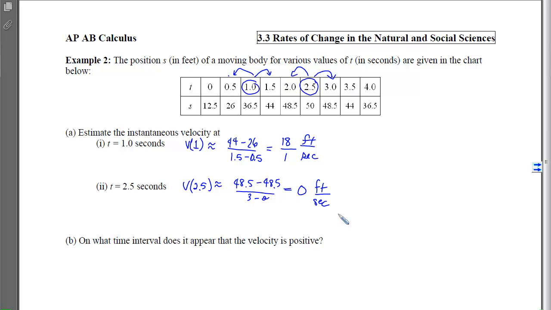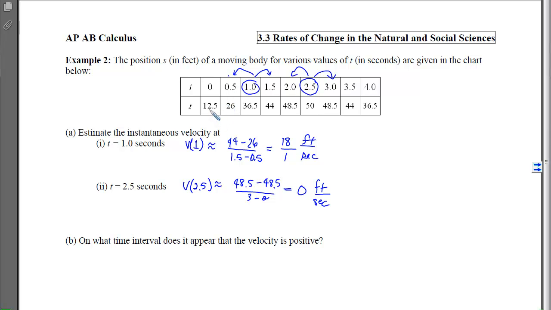Part B says, on what time interval does it appear that the velocity is positive? Well, the velocity will be positive when these slopes are positive. So when the y minus the y over the x minus the x gives us a positive output. We can see that by looking at the y values themselves to see if they are increasing. Because if these are getting larger as t gets larger,